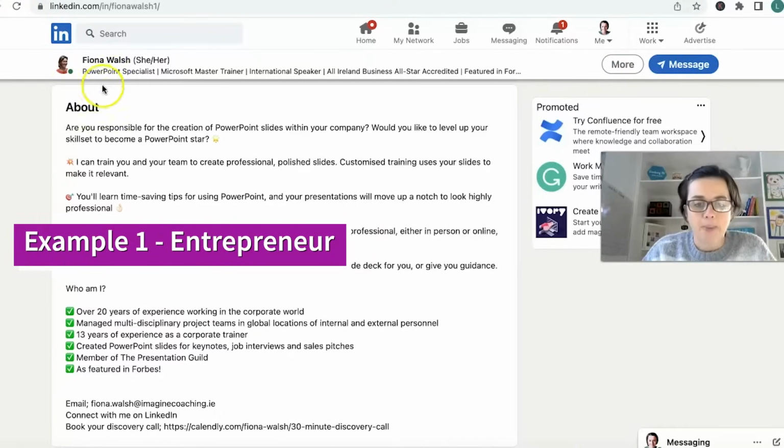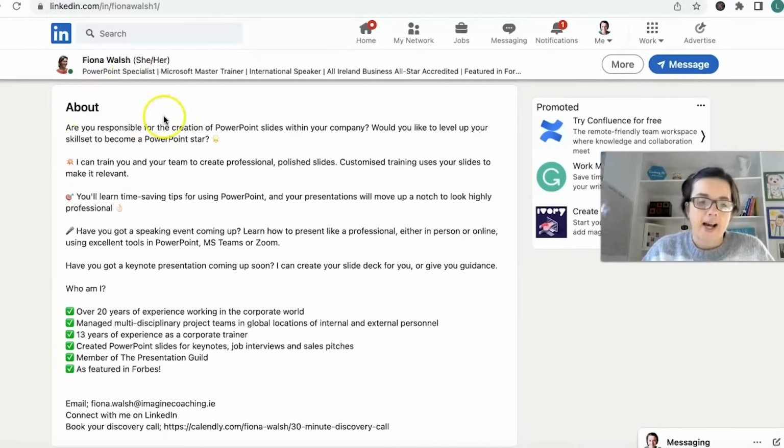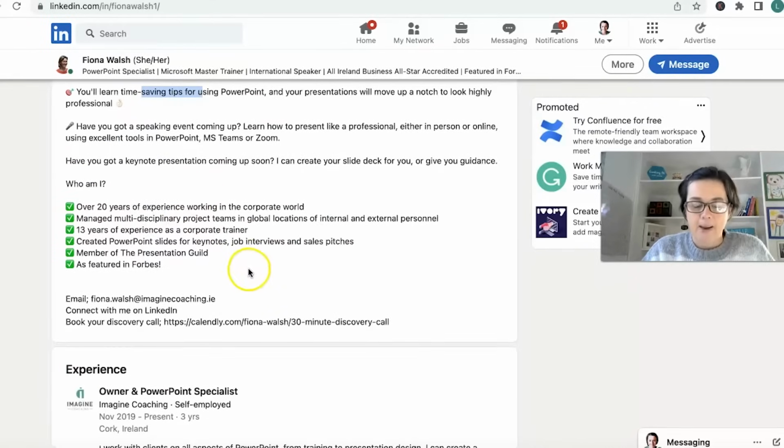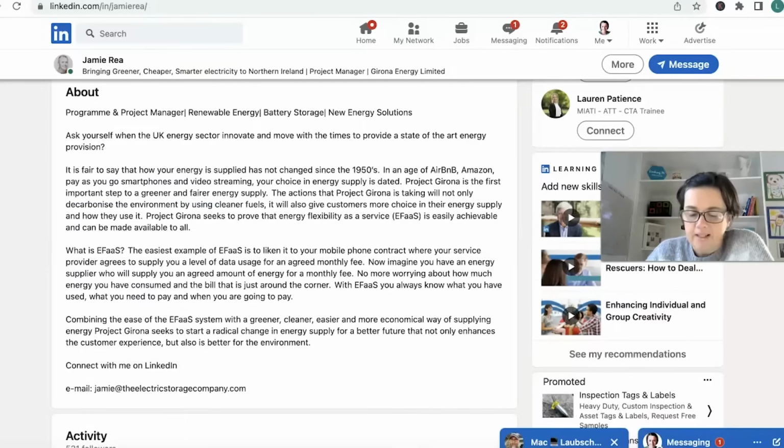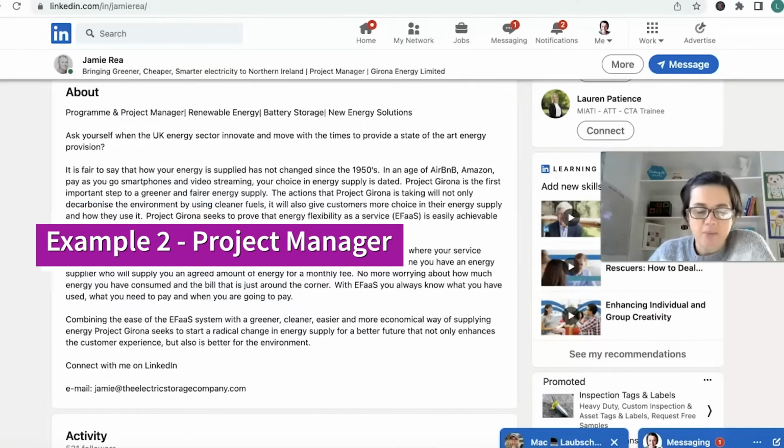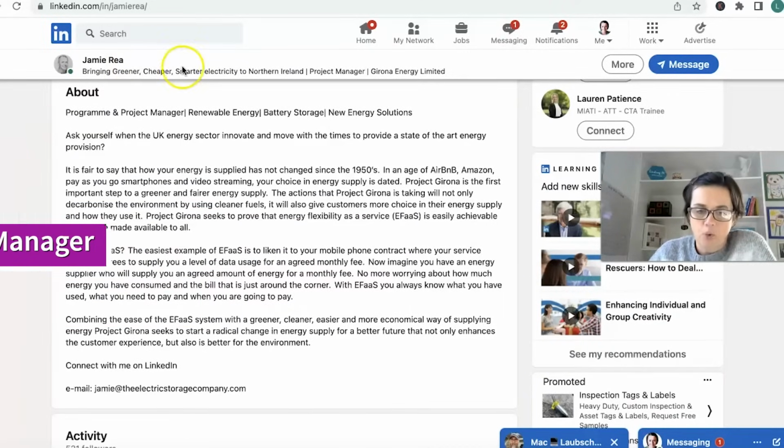So Fiona Walsh is a PowerPoint specialist, and her About section introduces helpful information about using PowerPoint. She can train us, she can share tips. Who is she? She has been featured in Forbes, she has 13 years experience as a corporate trainer, and at the bottom she says how you can reach out and get in touch with her. Excellent. And the final example I'm going to show you is Jamie Ray, who is a project manager working with